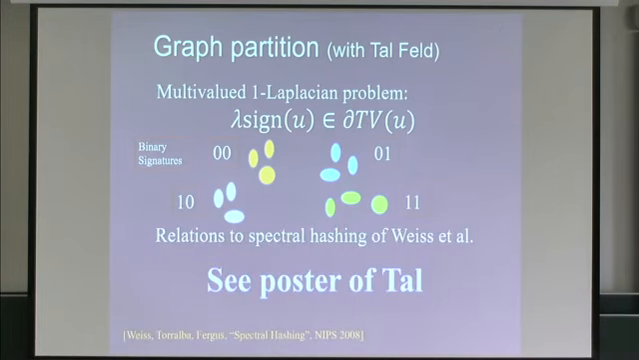And we showed it's related to something called spectral hashing, which was proposed by Weiss et al. Here. And it's quite a known paper, apparently. And we have a poster on it outside, by Tal, a student of mine. And